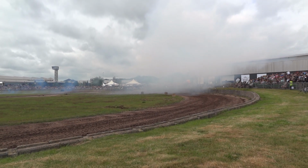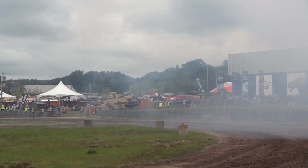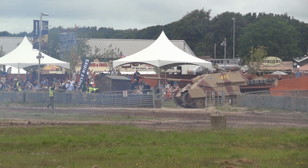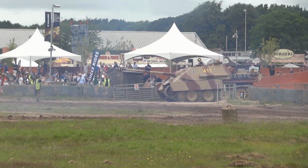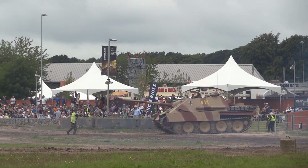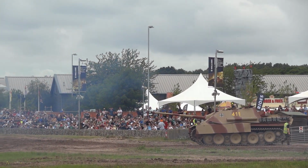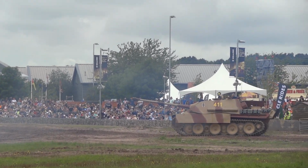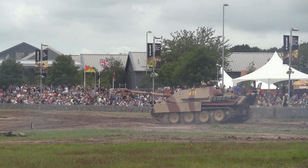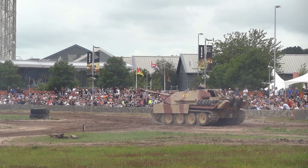Good morning, everybody. The Jagdpanther you're about to see took 10 years to restore. The history of it, I'll just go over that very quickly. It was assembled in mid to late March 1945 and was actually issued to its ultimate unit on the 30th of March 1945. How this made its way from Sennelager, major railhead, onto the trains to be issued to the 116th Panzer Division